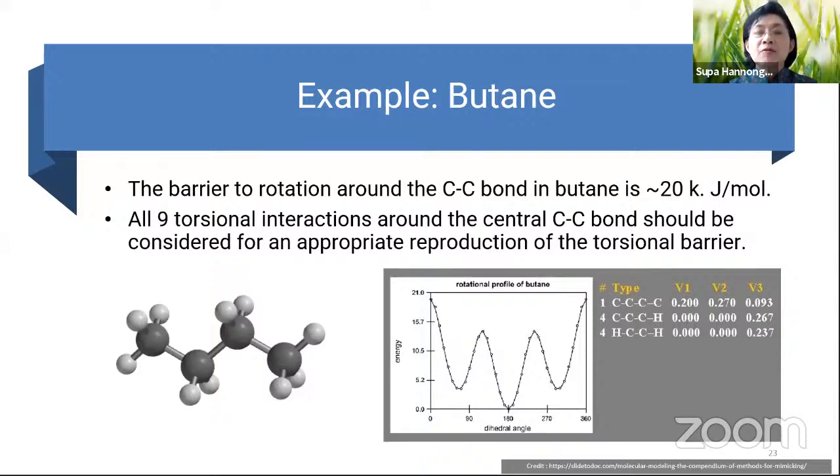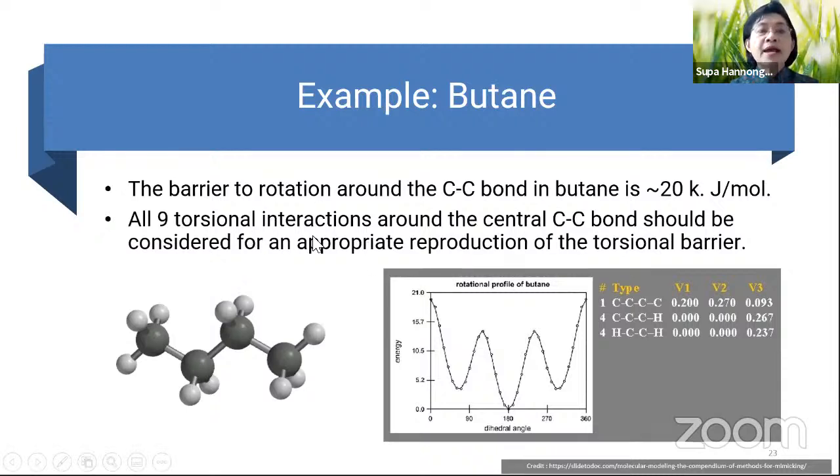And when we twist it to be some kind of 60 degrees, the energy is lower, and then it comes to a higher eclipse, and then comes to the most stable geometry, which is the trans conformation. You can see that this is the potential energy of the butane from 0 to different conformations, and at the end it comes to the same point of one cycle like this. It's nice to see the potential energy of the butane.